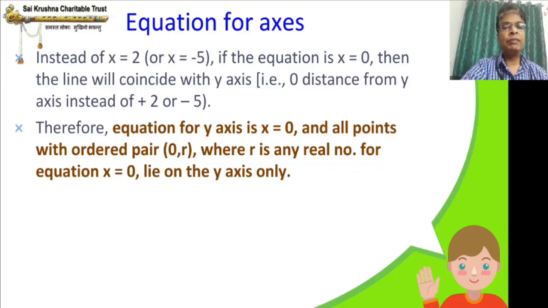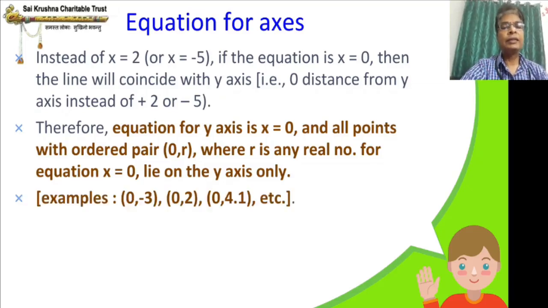We are simply telling the y axis: the origin is 0, and on the top, that is the positive direction, it goes 1, 2, 3, 4, infinite, any real number. It can be 0.1, it can be root 2, it can be root 3, any number. And at the bottom, that is the negative direction, it will be minus root 2, minus root 3, minus 5, minus 10, whatever, minus 1 lakh. So like this, it will keep on going. If you have to mark an ordered pair for the y-axis, the x value is always 0, and y will take any value.